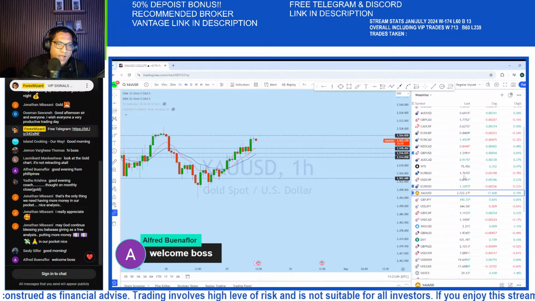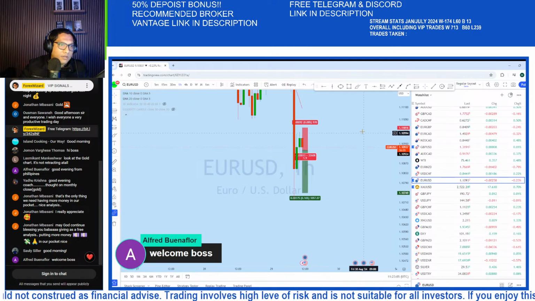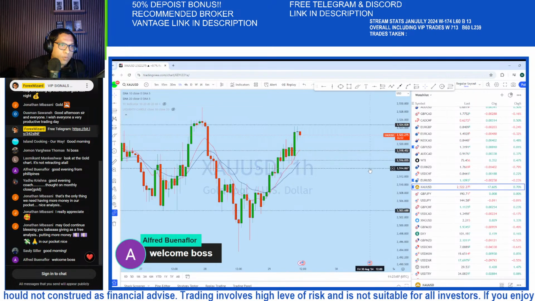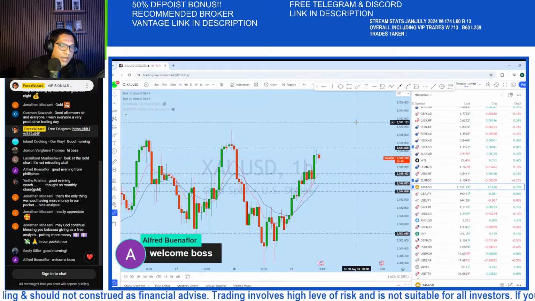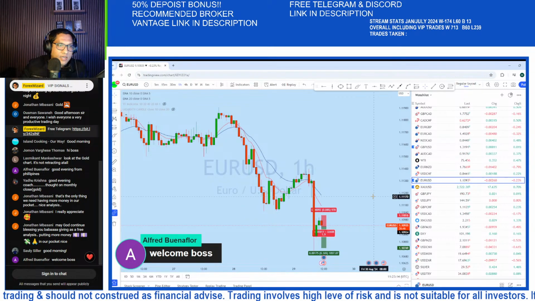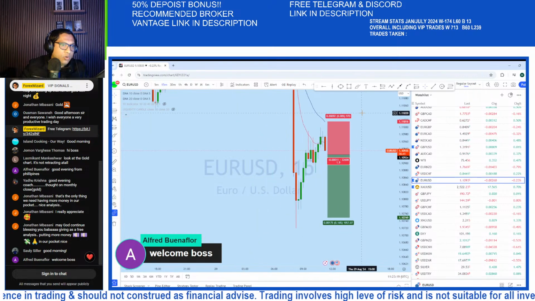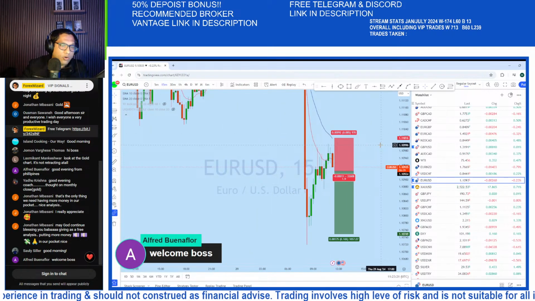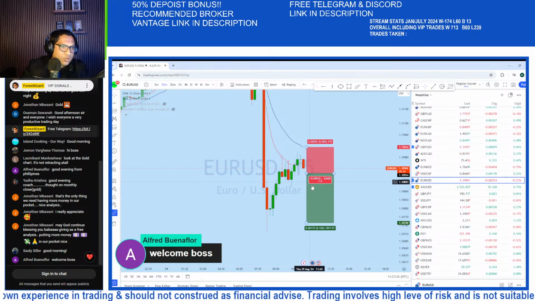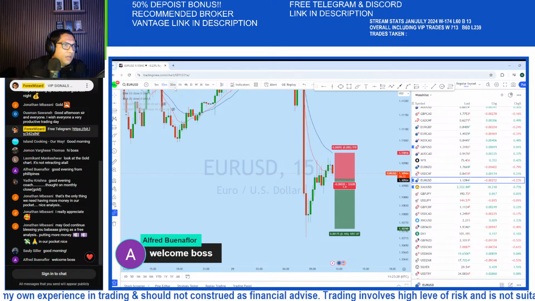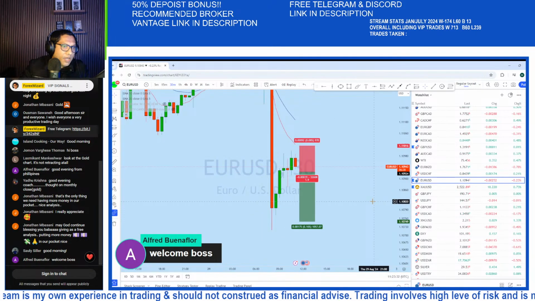Okay, so now looking at Euro USD. We saw that gold is basically in a pullback. We'll be waiting for a deeper pullback before we look for entry. And on Euro USD, we can see that it started to drop. We are in a trade on Euro USD which is near our entry, expecting it to come down here. We can see that euro dollar, after this candle, started to drop again.